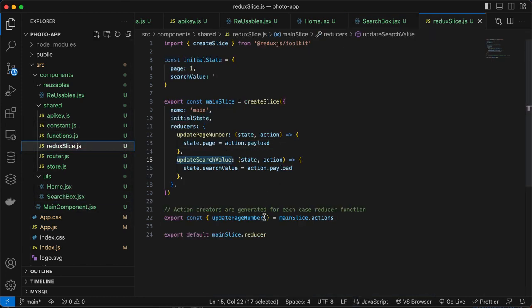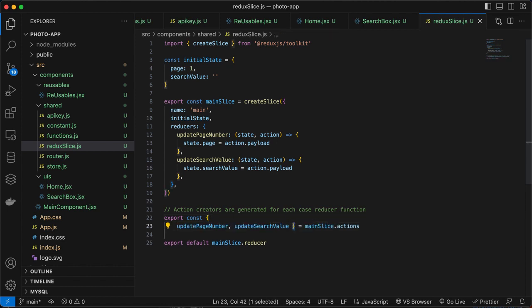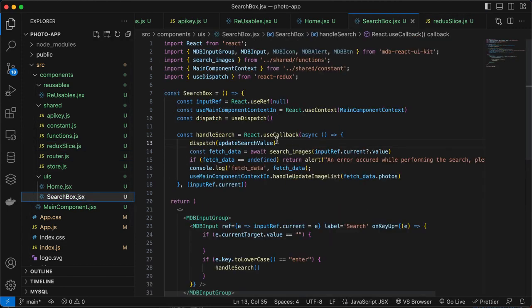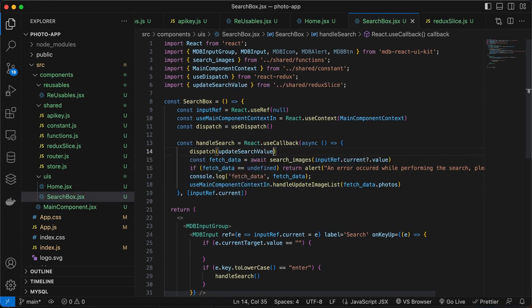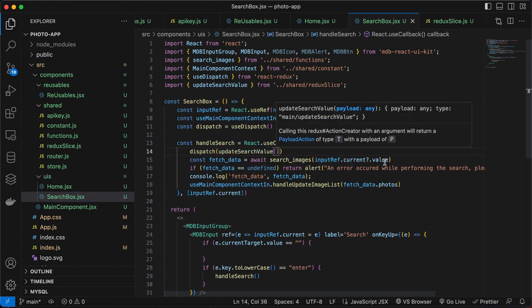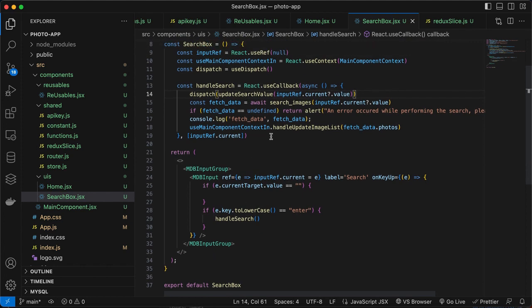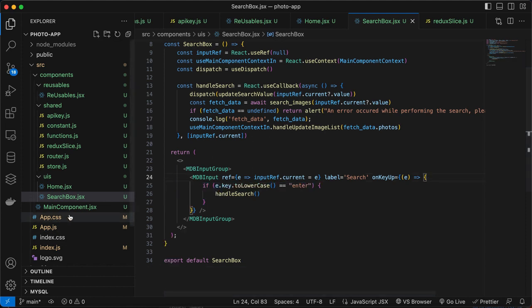We forgot to export it, and it can also be like this, just so that it's going to be more readable. Dot value. Now this value is now available. The value of the input search is now available globally,